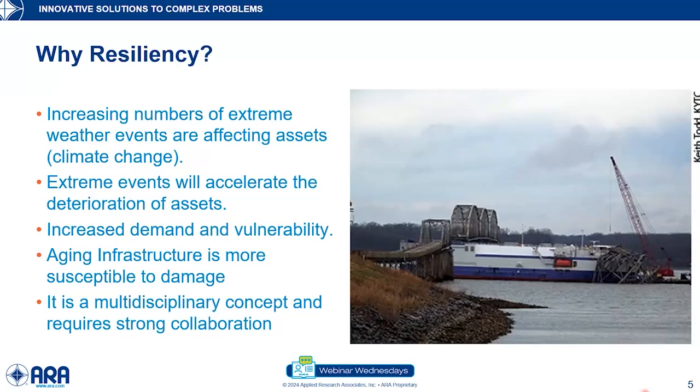This is also a multidisciplinary concept. So that's one other non-tangible benefit from resiliency, that there is more collaboration, and it will help break the silos that we typically face within the transportation agencies, between different areas